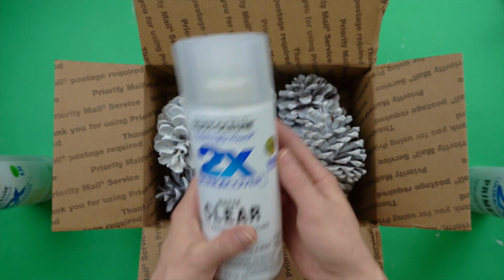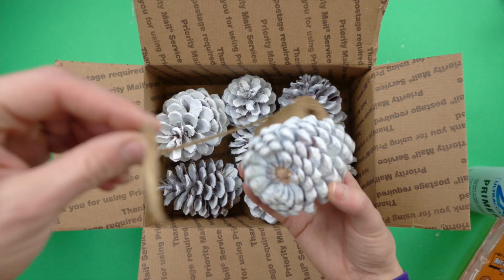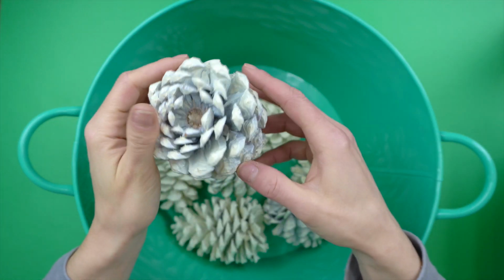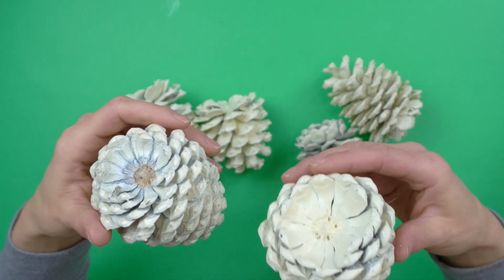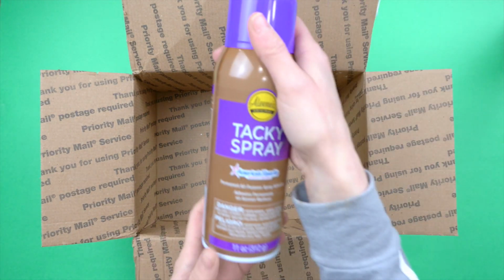I'm going to use some clear matte top coat and Gorilla Hot Glue to secure the twine loop to hold this ornament onto the tree. Remember, this is an idea I just came up with and tried to execute, so we're really troubleshooting with you here. I had a hard time with this spray paint. I could tell some had better coverage than others. I picked 3 that looked the best, and I'm going to go back and give the rest another coat of